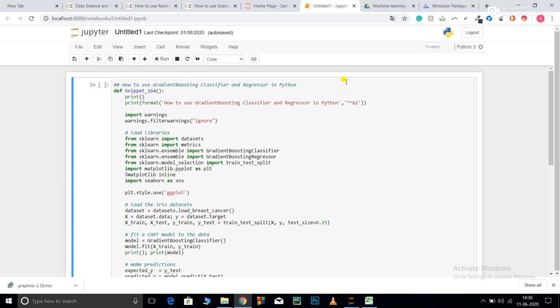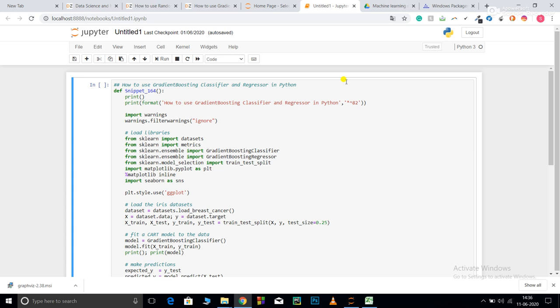So how does boosting learn? Boosting basically uses the previous weak learner to increase the quality of its next weak learner. It adjusts its weights in such a way that the result given by the new weak learner is better than the result that was given by the previous weak learner. Boosting algorithms are one of the most popular algorithms used for winning competitions on Kaggle, Analytics Vidhya and many websites.